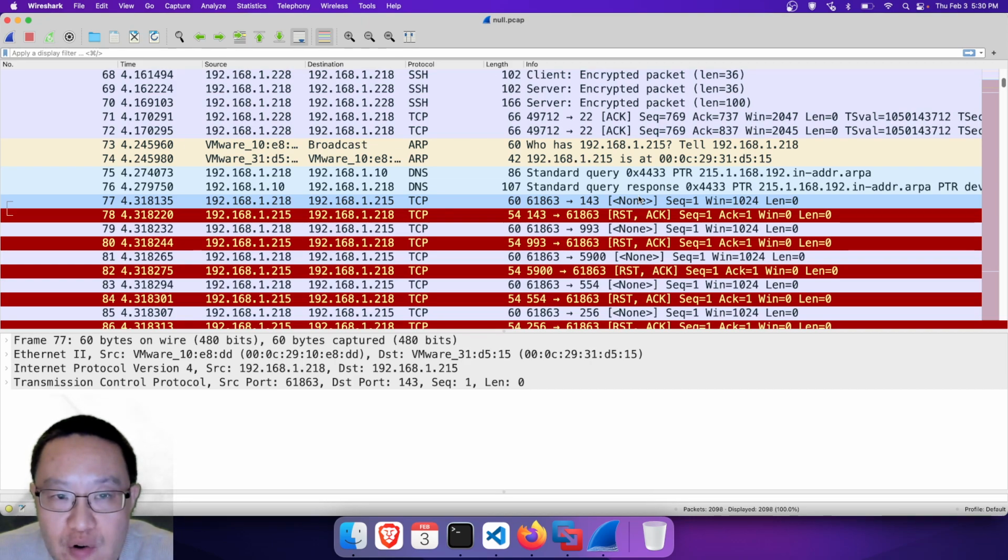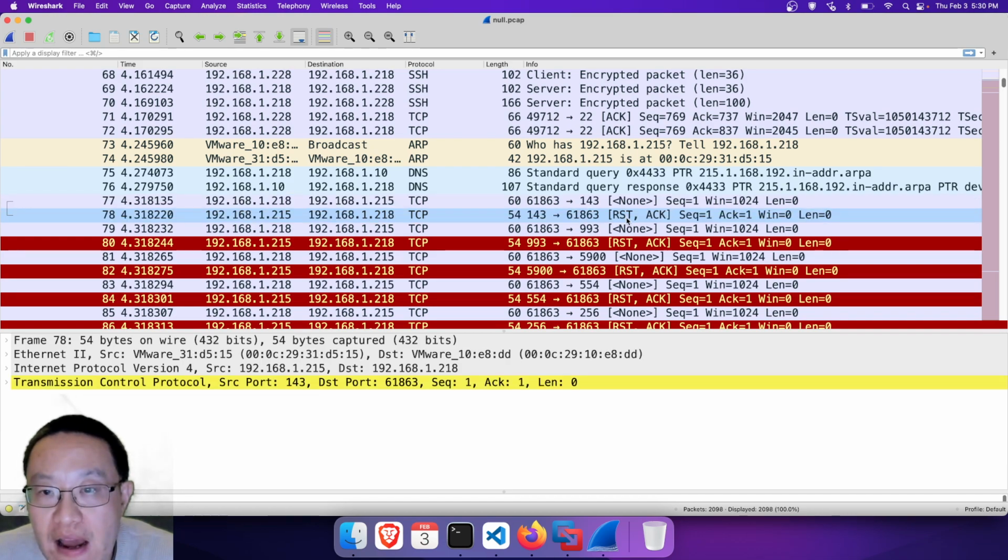Target is 192.168.1.215. Look at packet number 77. The client is 192.168.1.218. Here is an example packet with no TCP flag set. Of course, that's what you call a null scan. A null scan sends a packet with no TCP flag set. You see, none. And you can see that in response, the target 192.168.1.215 sent back to the client